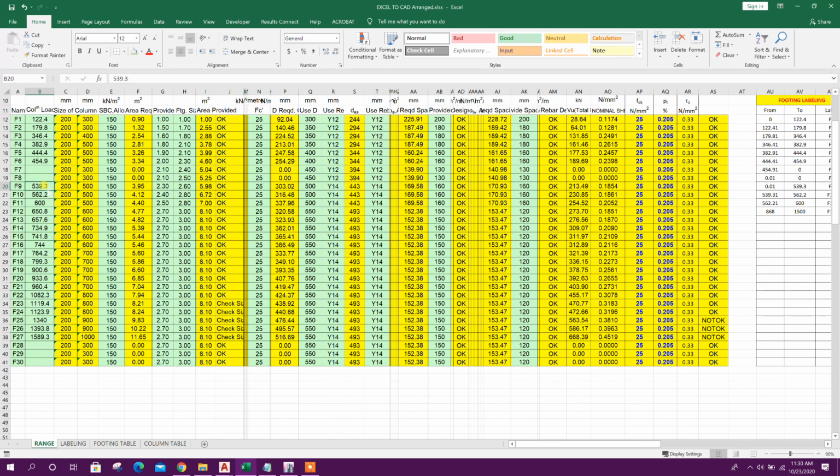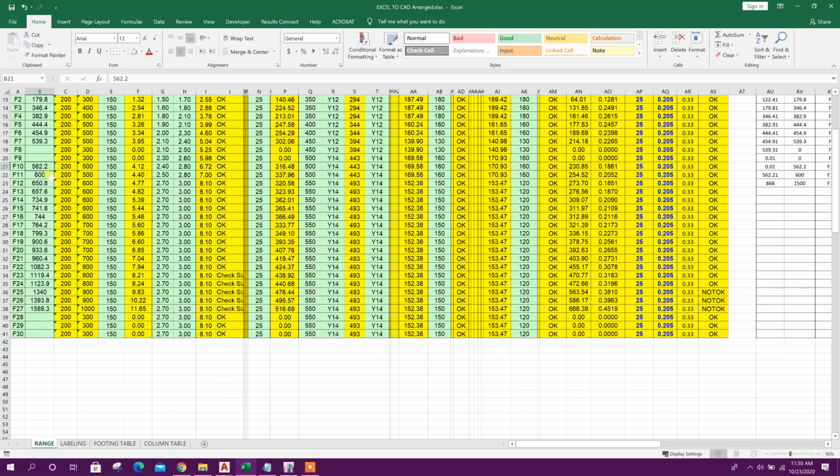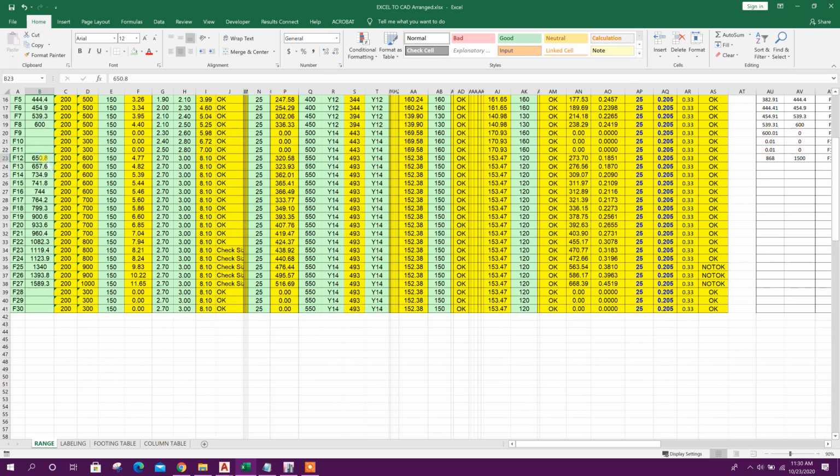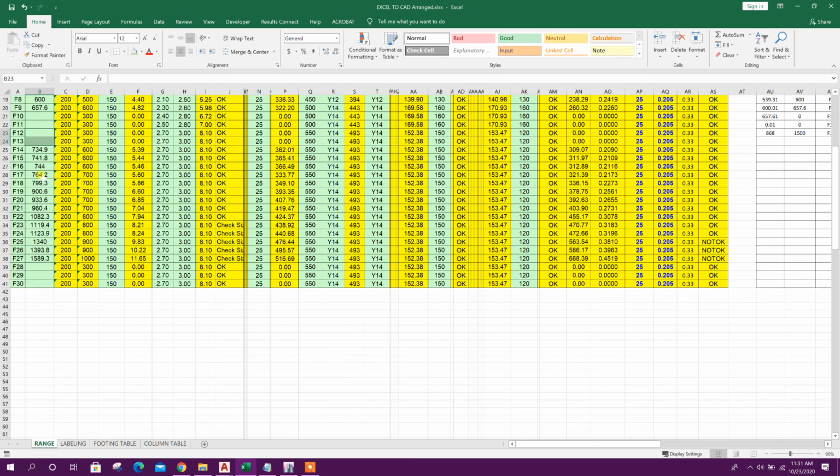Now 539 is in the range of 550, copy and paste. Now this one, 562 and 600, these two values are in the range of up to 600. So copy this one, paste here. Now these two values are in the range of up to 700 kilonewton. So this maximum one, copy here, paste here, delete this. Now up to 750, these three values, the maximum one is 744, copy this one, paste here,